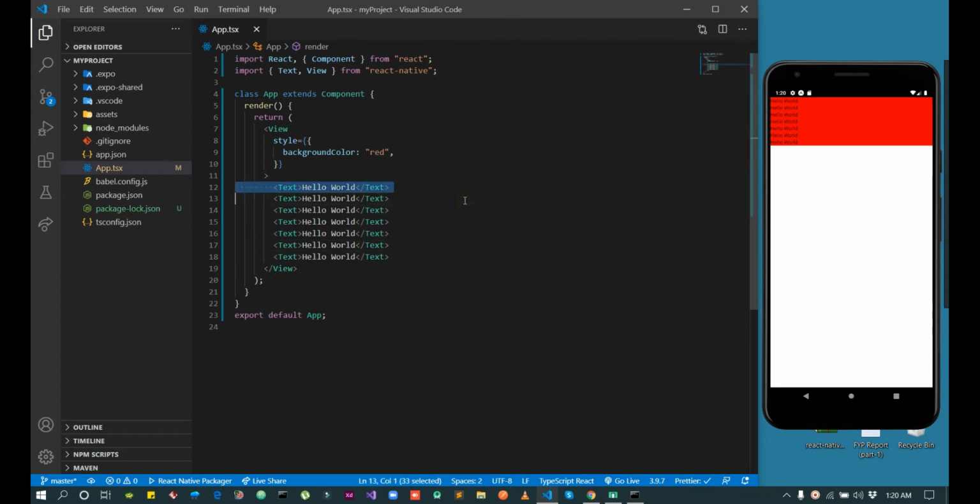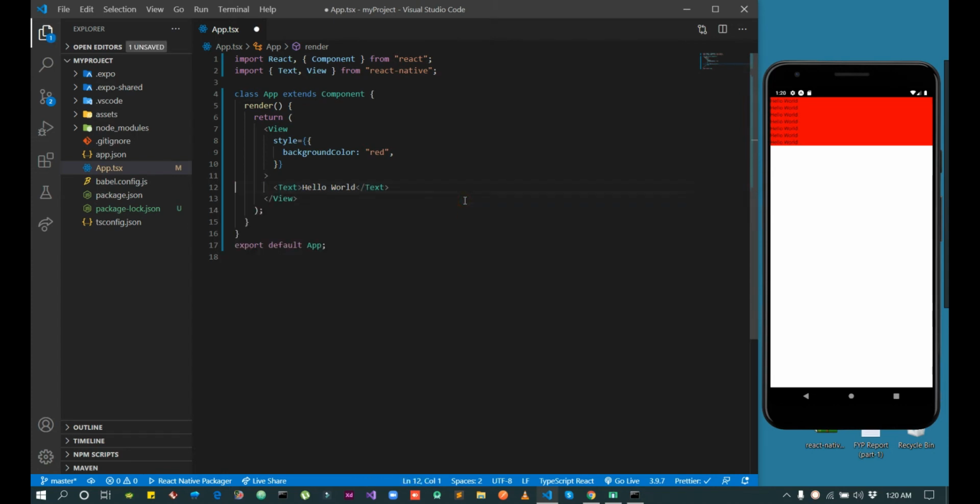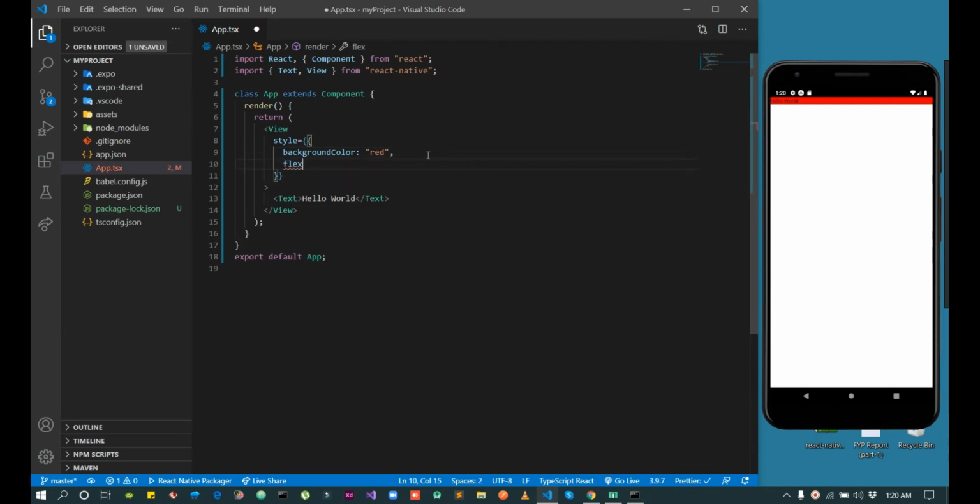But if I want to give the whole place of the screen to only this view, how can I do this? First of all, we will use flex. We will give the property flex and give the value 1, 2, 3, 4, 5.